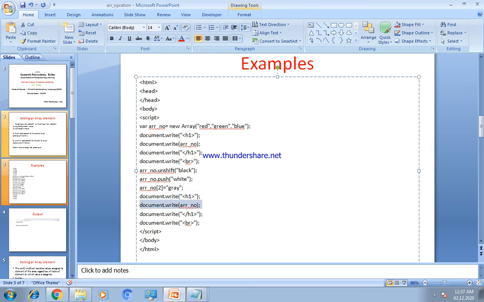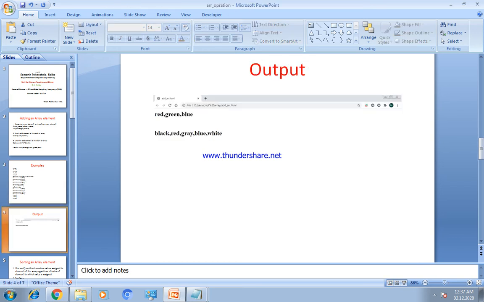Now if we run this program, you can see that initially the output will be red green blue, and after adding the elements, black and white, let us see what the output will be. Black will be at the start and white will be at the end. If we run this program, we get the output. Before doing any operation it is red green blue, and after the operations black is added at the start and white is added at the end.